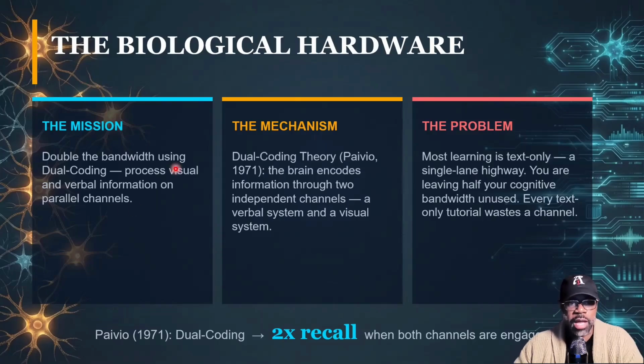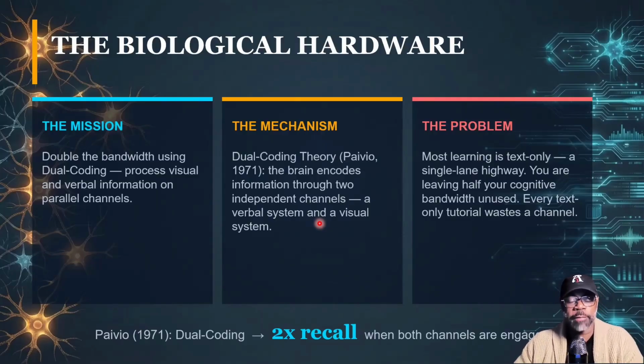Now, the mechanism itself was brought about by Allan Paivio, and this is called the dual coding theory, in 1971. This is where the brain encodes information through 2 independent channels, right? You have a verbal system and a visual system. You'll hear this spoken about a lot in academic circles in education, where you have verbal or visual learners. And then you also have folks that are more tactile learners as well. They need something physically to work with their hands, and they're better that way. But actually what they're doing, they're visualizing things through the ability to use their hands,